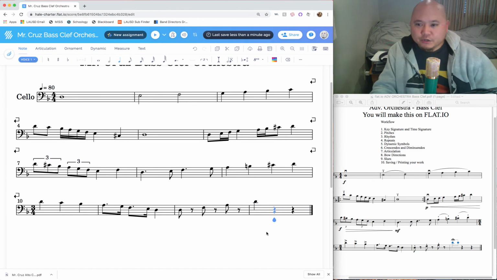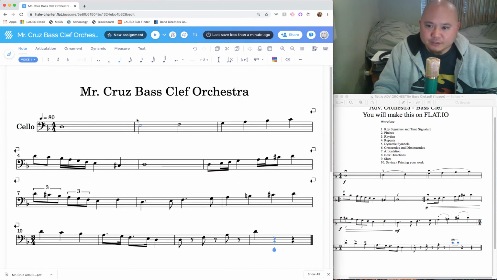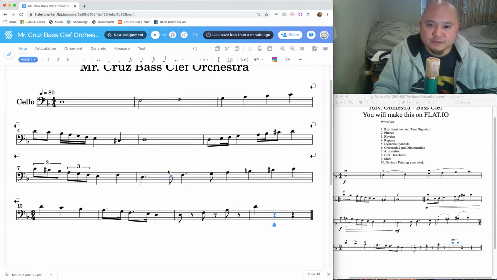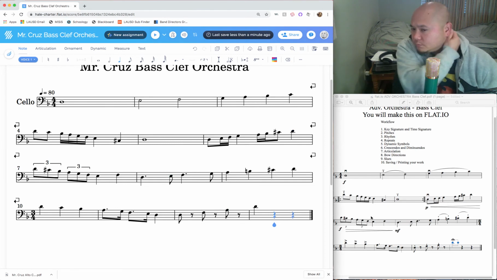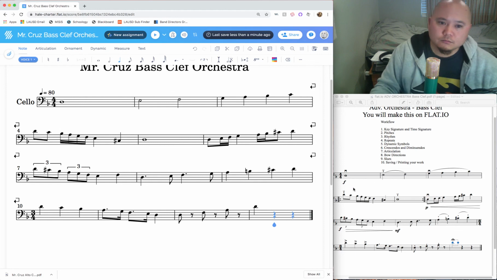We are done putting in note names and rhythms for bass clef instruments. All right, so that takes care of pitches and rhythms. You need to proofread and make sure everything matches. Okay, next is